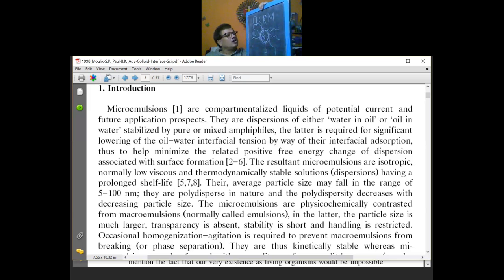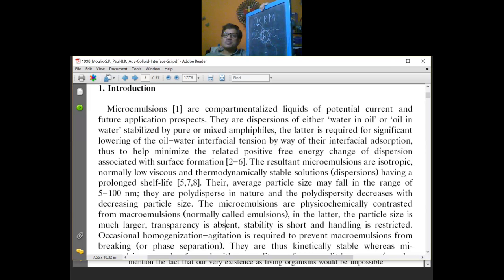Clear? Or water is dispersed in oil. A natural example is butter, or your shoe polish cream. This is also an emulsion. Depending on the size, when the size of the emulsion is quite big, then we call